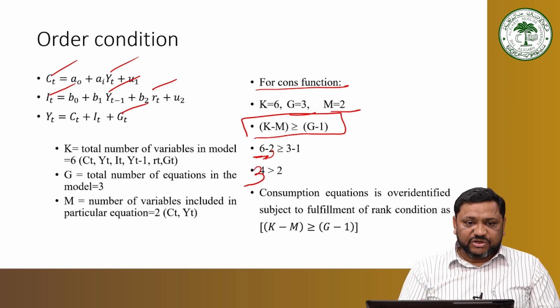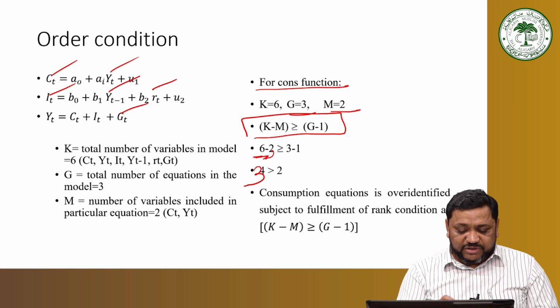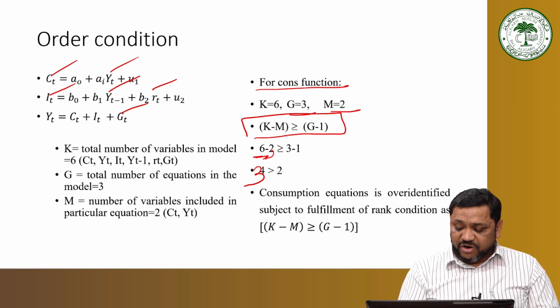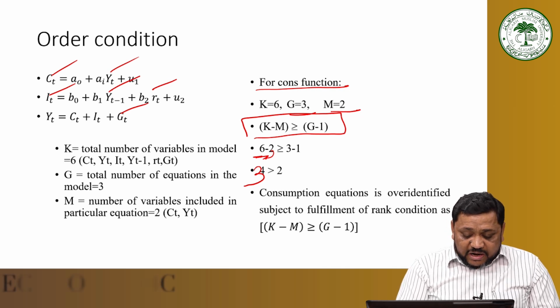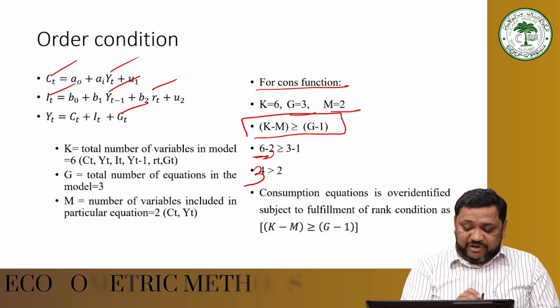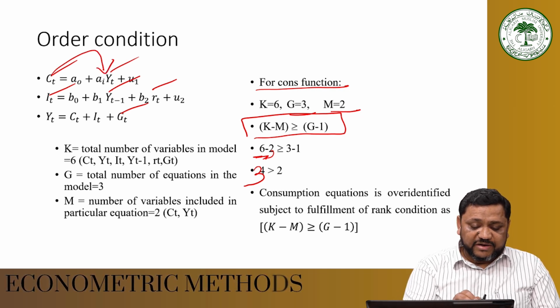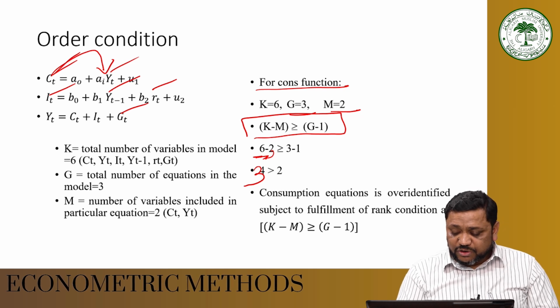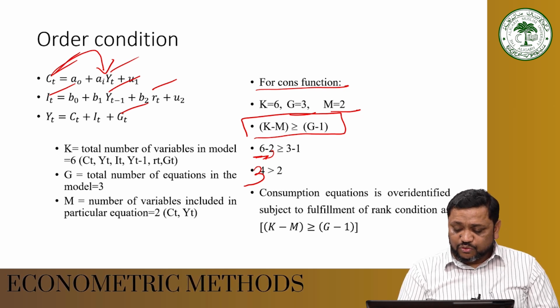And there is a correction in the PPT, please take note of it. The total number of equations in the model is 3, and the number of variables included in the particular equation, Ct and Yt, is only 2. So it is 2